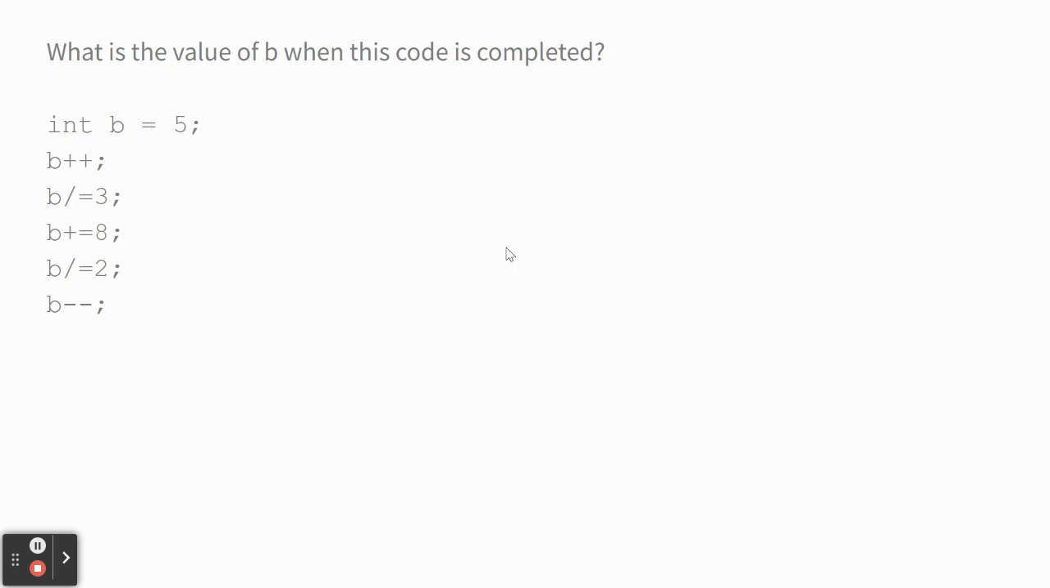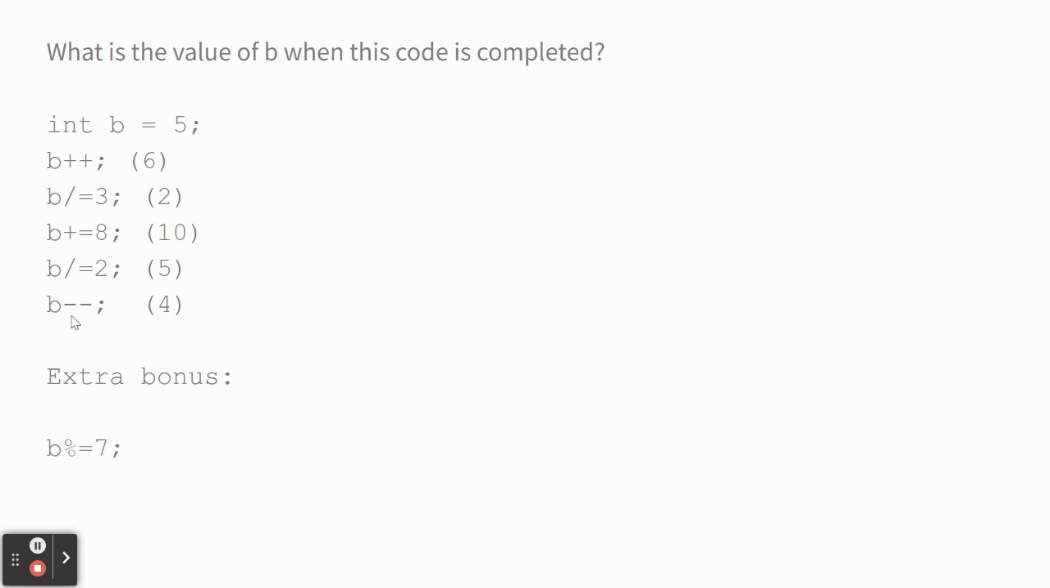It's 4. I'll walk you through. Start at 5. Now we're 6. Divide by 3 we're at 2. We add 8, we're at 10. Divide by 2, we're 5. And subtract 1, and we're 4. So on the AP test, there may be one multiple choice problem that has something like this, and you get to write on your paper. If I give you anything on paper like this, my advice is write down every step right next to it. You don't have to do these things in your head. I asked you to do this one in your head, but